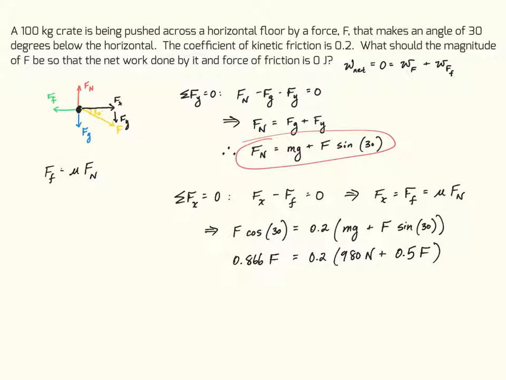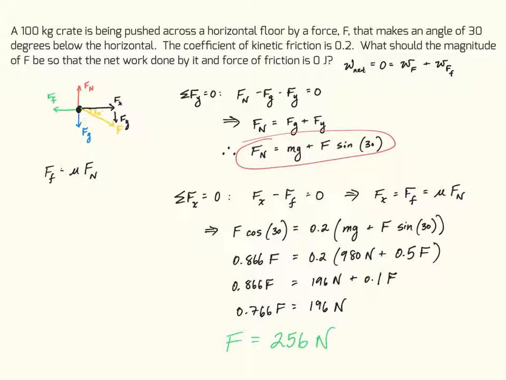So now doing a little bit more algebra here, we're still going to have 0.866 F, and now we're going to distribute that 0.2, so we're going to get 196 newtons plus 0.1 F. And now just solving for F, obviously we have to subtract this from both sides, so we're going to get 0.766 F is equal to 196 newtons, and then we are going to get F to equal